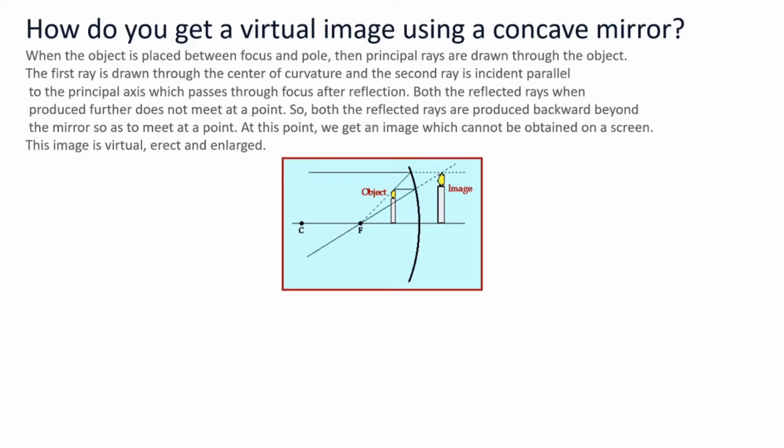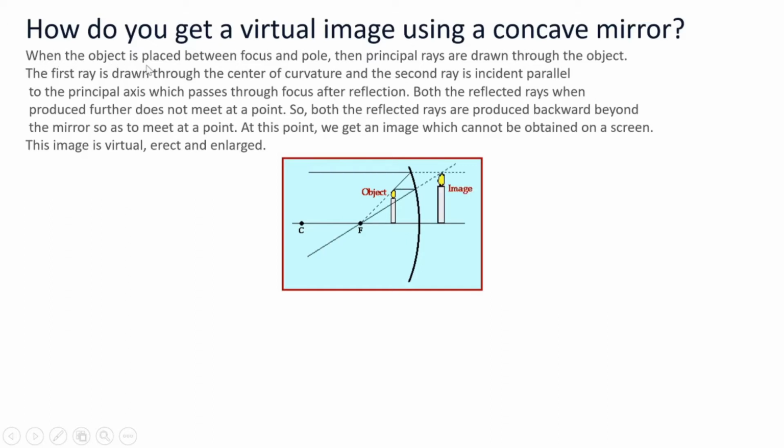What is a virtual image? The image which is formed here, you can see we have used a concave mirror, but there is no screen, no medium on which we can see the image forming, yet we are able to see it. How? This is called a virtual image because the principal axis extends beyond.